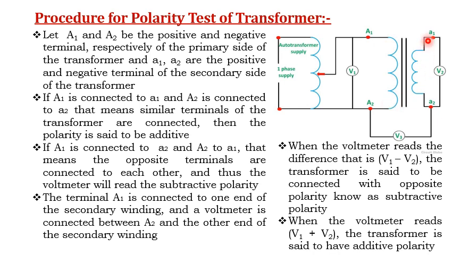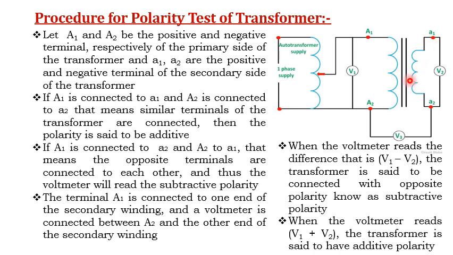Similarly, if you go for the secondary winding of the transformer, small a1 and a2 have the positive and negative terminals respectively. If in this case A1 is connected to small a1 and A2 is connected to small a2, that means similar terminals of the transformers are connected, then the polarity is said to be additive. If capital A1 is connected to small a2 and capital A2 is connected to small a1,